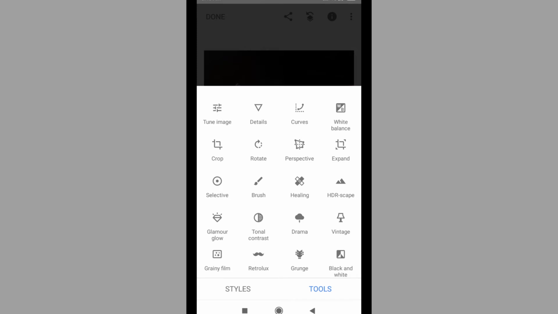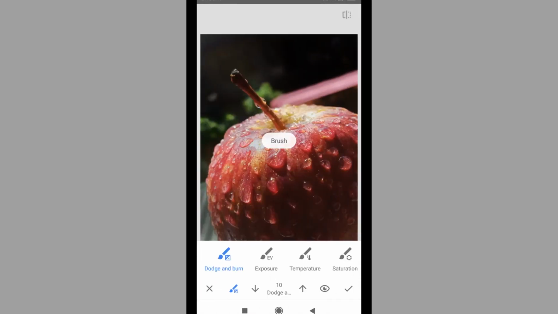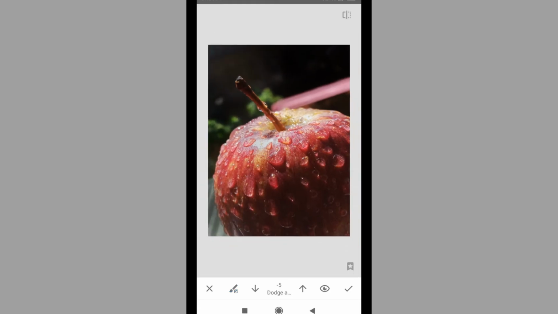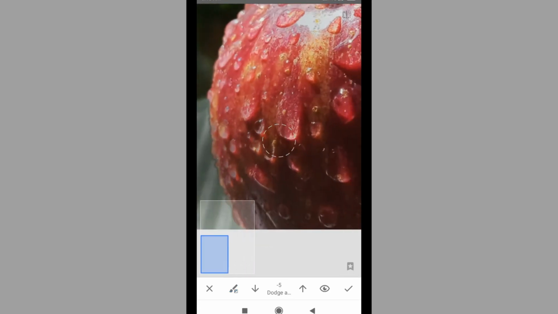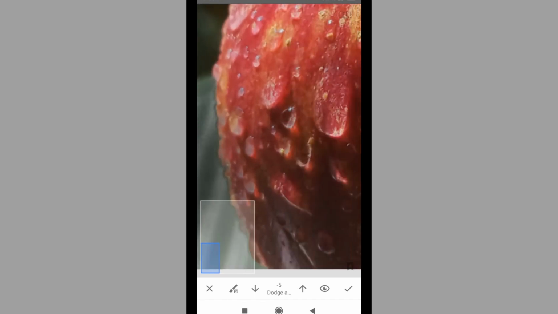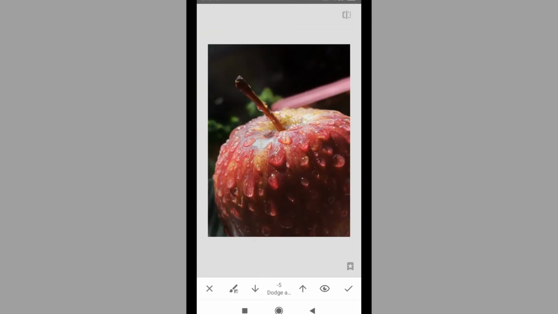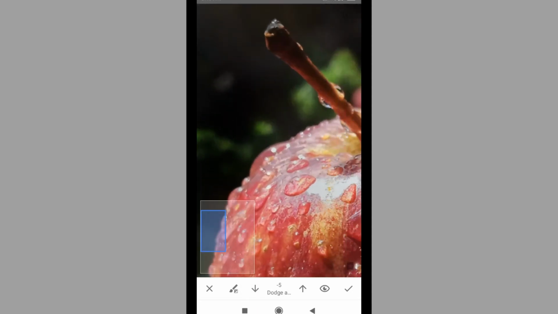And we'll again go to the selective tool and we'll do the same as earlier. Now the important tool which I told you about in the beginning of the video is the brush tool. Go to the brush tool and bring the value to -5 and go on decreasing the background light just like this. The main motive of using the selective tool and the brush tool is to decrease the light in the background and give it a black background. Now we play with this tool to bring the black background. Just follow my steps.